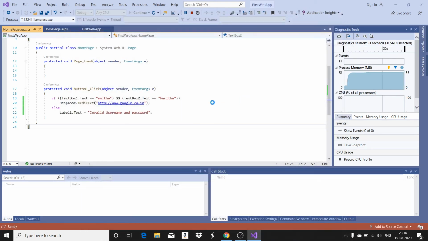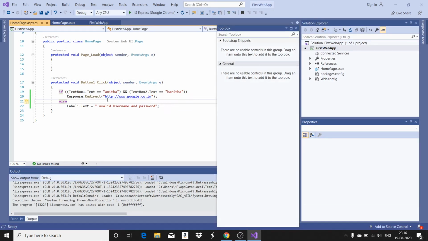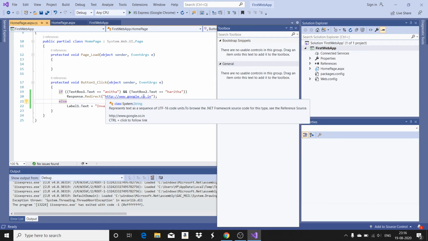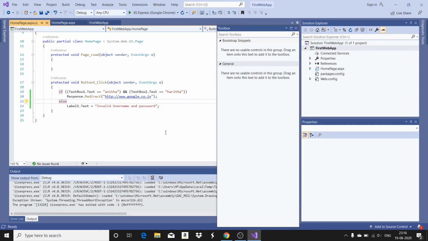Close it. So this is a website or a URL which is already existing. Now let us assume that when I click the login button, I want the response to be redirected to another web form which I am going to create in the same application, and there it has to say, Hello Anita, welcome.